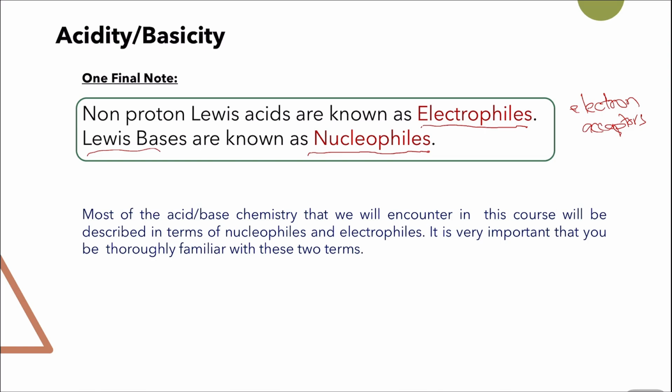A nucleophile is a species that loves the nucleus, meaning it loves the positive charge, so it must have a lot of electrons it can donate, so it acts as an electron donor. This is why, for the Lewis definition, we said that acids are lone pair of electrons acceptors and Lewis bases are electron donors. In organic chemistry, we will usually deal with the names electrophile and nucleophile, especially when we are talking about reaction mechanisms. So it's very important that you get yourself familiarized with